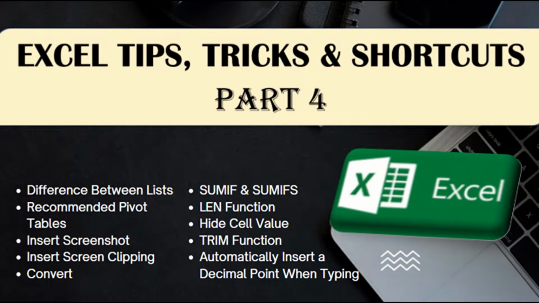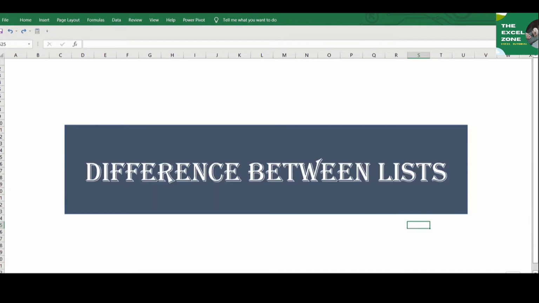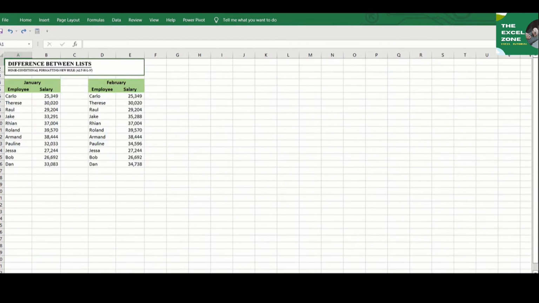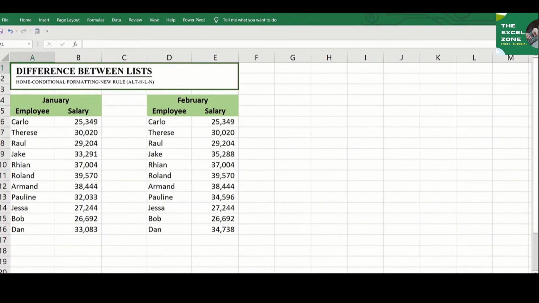Let's start with difference between lists. This function can identify and highlight the difference or differences between two tables. The tables can be in the same or different sheets. This is useful when you want to identify any changes. Like in this example, say you want to know the employees who were given a salary increase in a particular